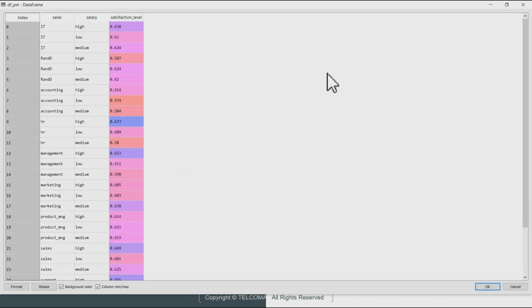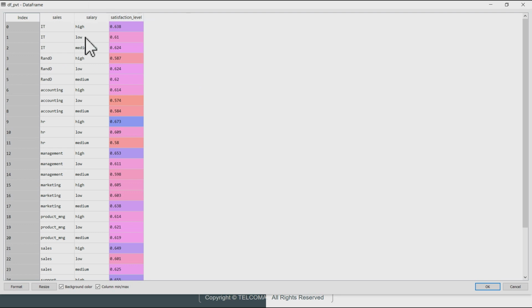So if you remember, previously when we had such a lengthy data frame, I told you it's a difficult task going ahead and consuming this data frame. But this would have been easier if you have visualization in place. So if you go ahead and visualize this using a couple of the visualization techniques we have in Python, things would have been very simple. But alternatively, if we pivot this, things would have been very simple also. When I say pivoting, I mean if I enlist all the sales unique values vertically and all the unique salary values horizontally and appropriately assign the satisfaction level as a matrix, it would be relatively easy for me to understand